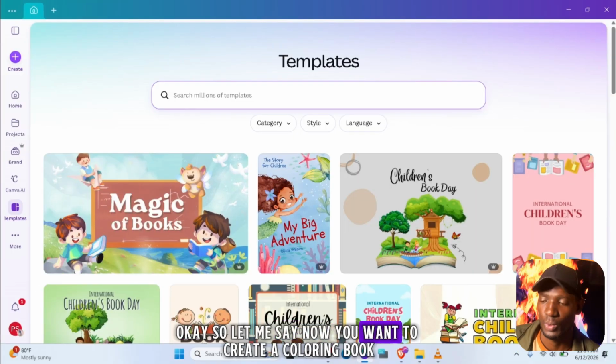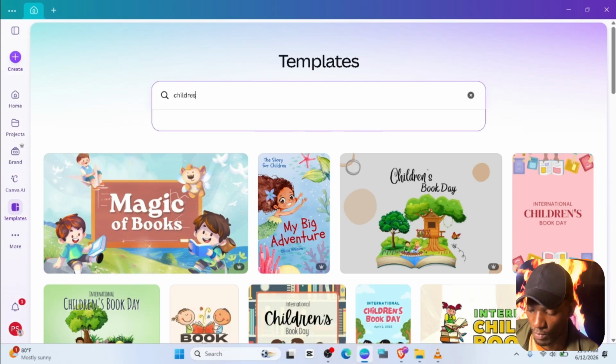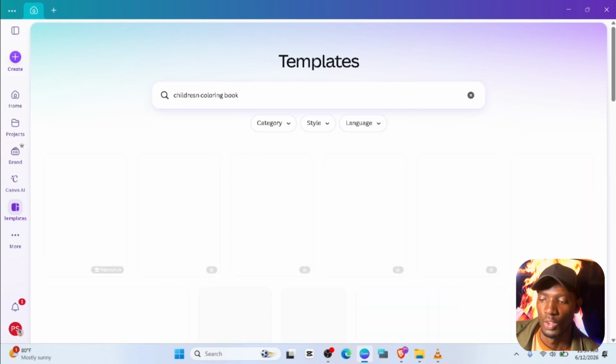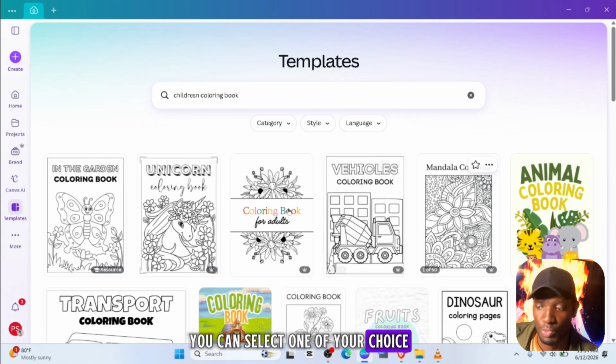Okay, so let me say now you want to create a coloring book. To do that, we're going to search coloring book. Click children's coloring book. So once you search that, there are lots of coloring books that will come. You can select one of your choice. For this, we're going to select